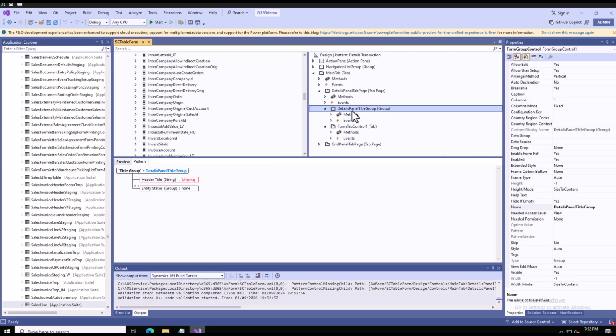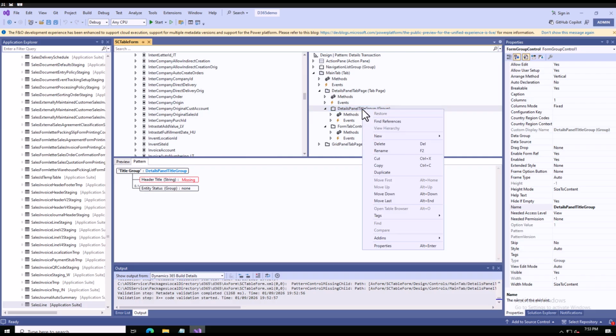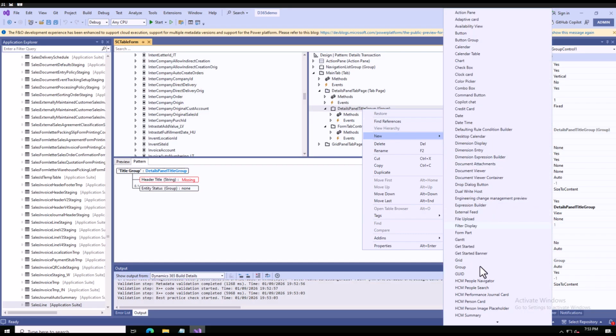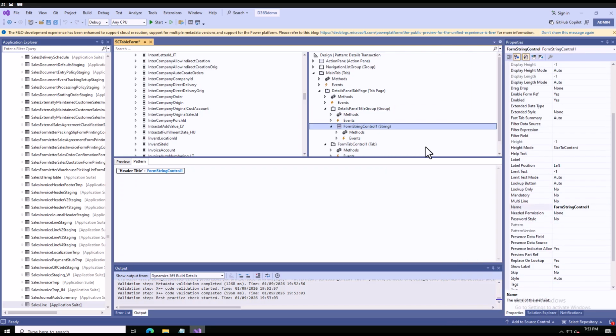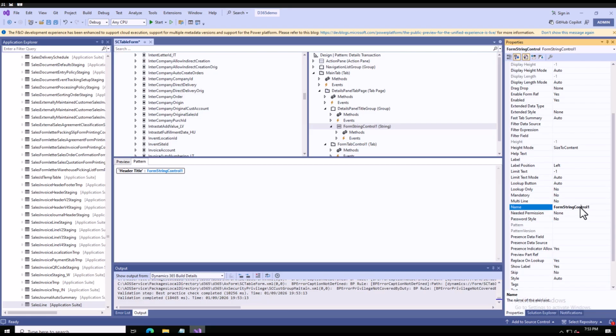Inside this I need to have a string and a group. So I'll right click, new, and add a string here. First of all, let me name this details panel header title,